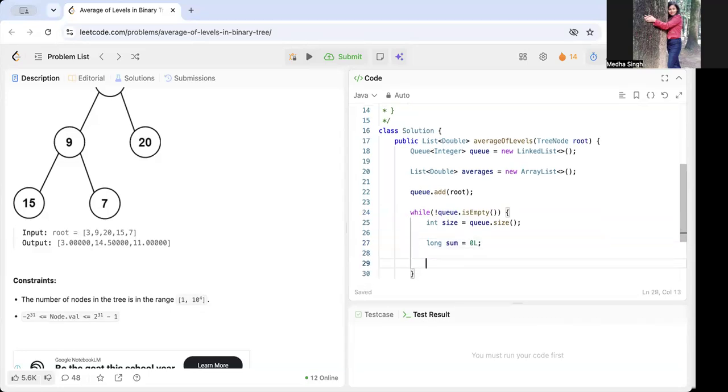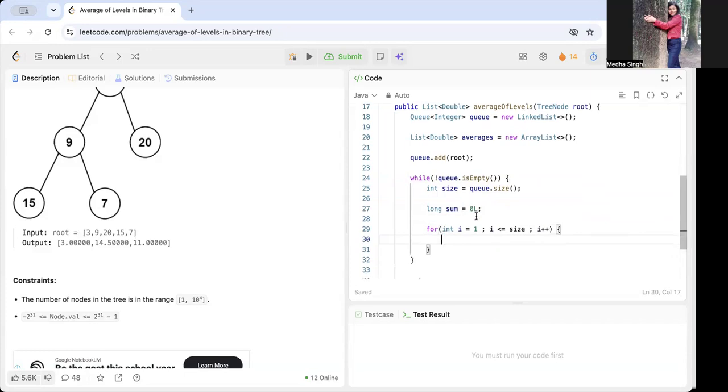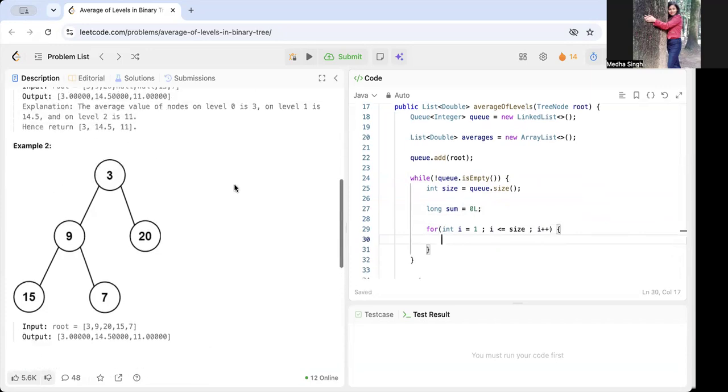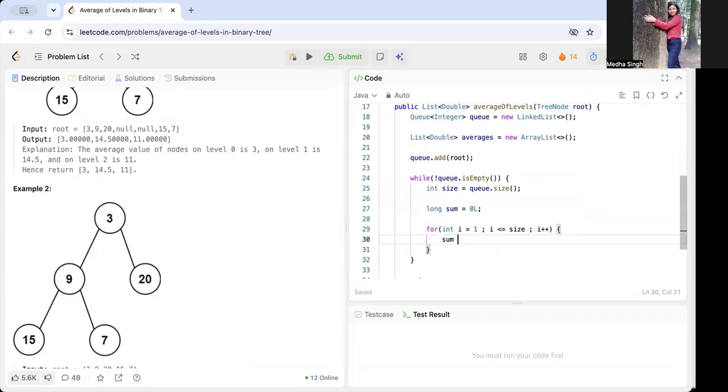So what are we going to do? We are going to iterate up until the size of the queue. So let's start from 1 and go up until less than or equal to size. What are we going to do? We are going to take the node from the queue and add it to the sum.